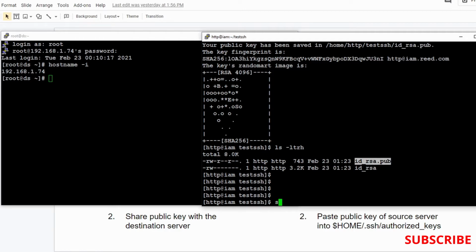So what I will do is SCP this file and log into 192.168.1.74. I can use any user, but right now I will use root. However, you can use some other user if you don't have access to root, but I have it, so I am using it.